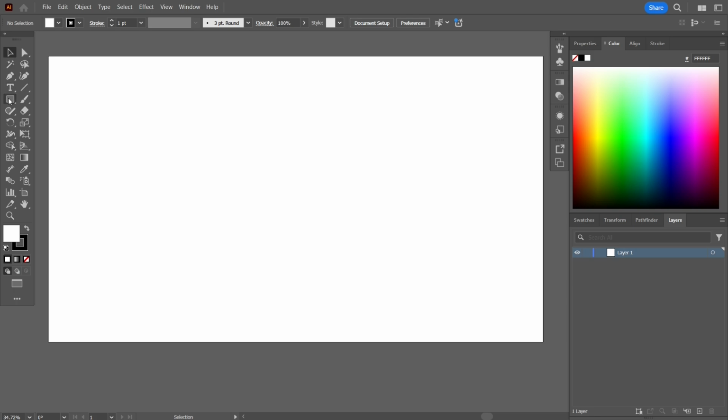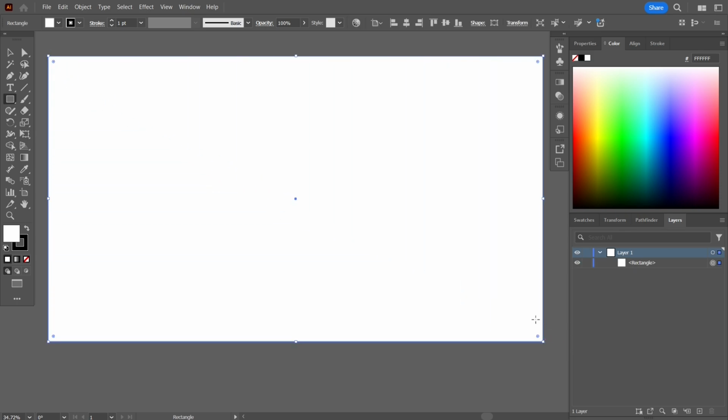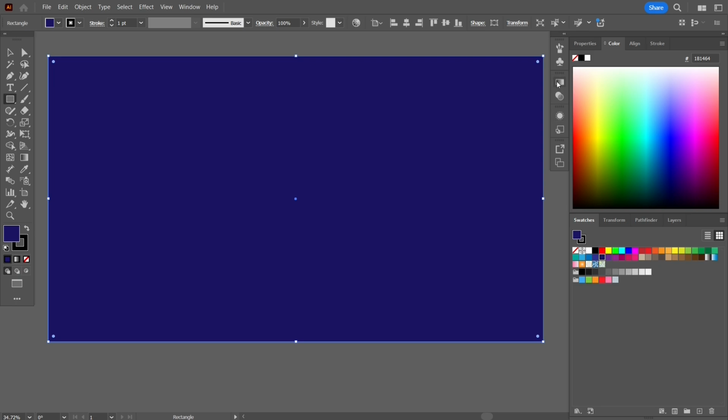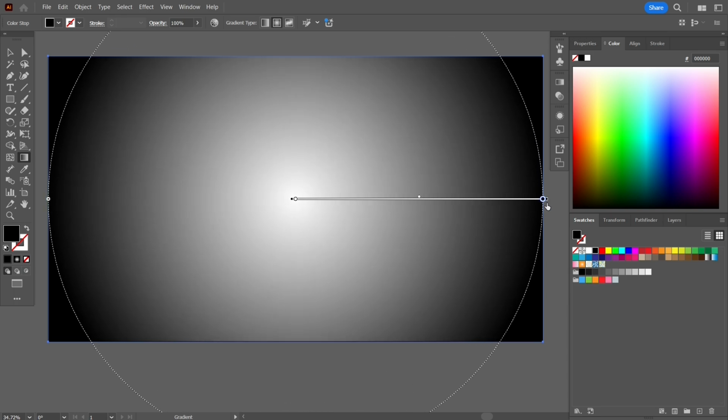Let's get to work. The first thing I'm going to do is select the rectangle tool and draw this rectangle on the artboard, and then I'm going to go into the swatches panel and give this dark blue. But I think I'm going to do one more thing. I will apply a radial gradient, and I think it's a bit on the inside. I'll push it outside like so,